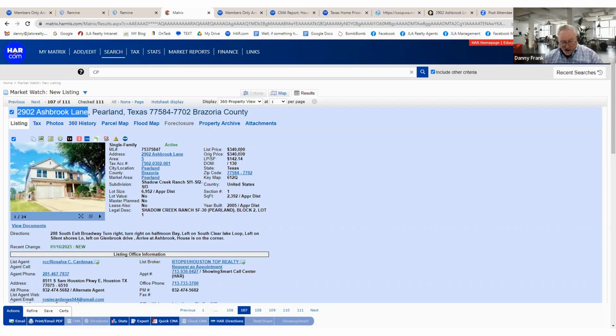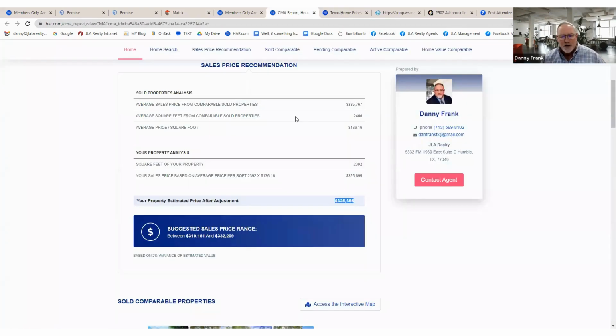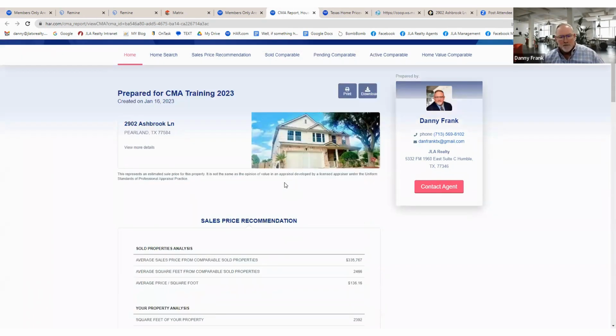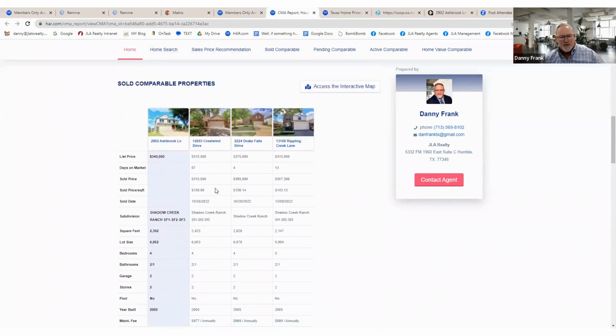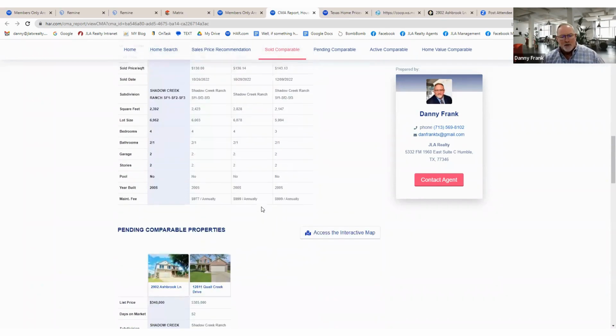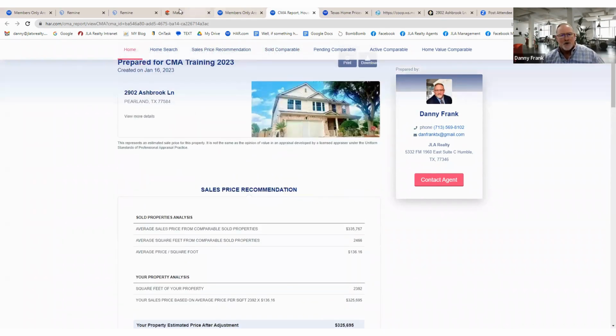So, you know, I think it might appraise as high as $353,000. So this gives me some ammunition to go in to talk to my clients, the buyers, if I'm working with a buyer, to show how we come up with that. And just understand that this is just one way of doing it. We can come back and look again, where is the CMA report? 325. But look at that. So we took all of those prices and we looked at all the different comparables, and they're all comparable. But we came up with a really low price doing it the old way.